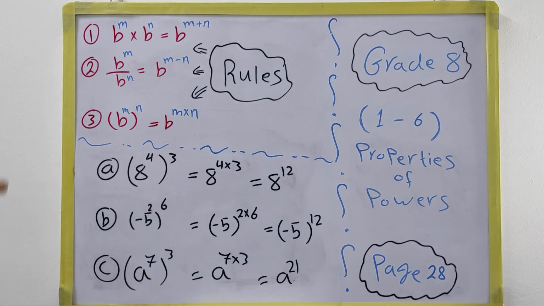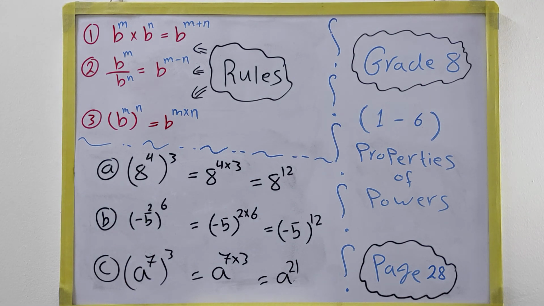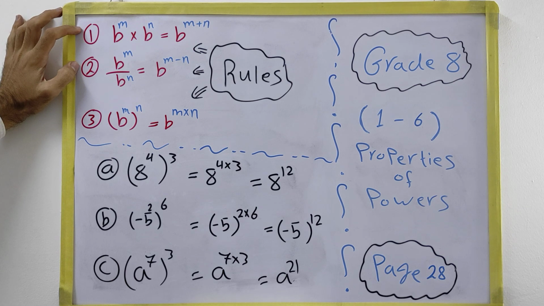That's how we use these three rules in the powers, and we will find the result in the case that we have the same bases. This is all about unit 1.6